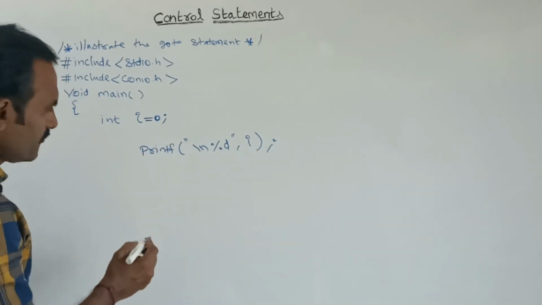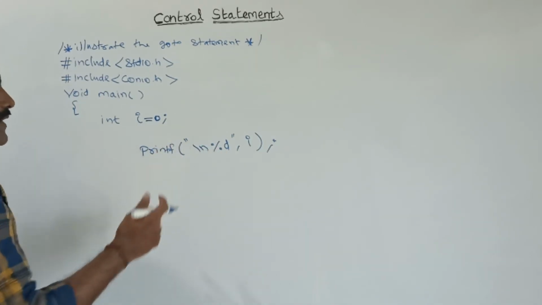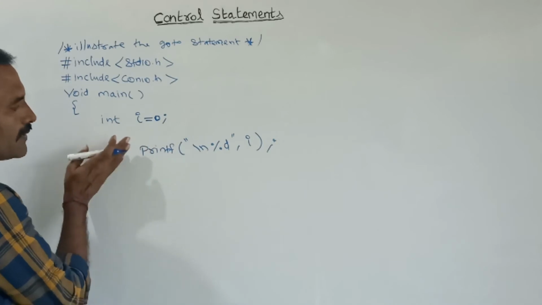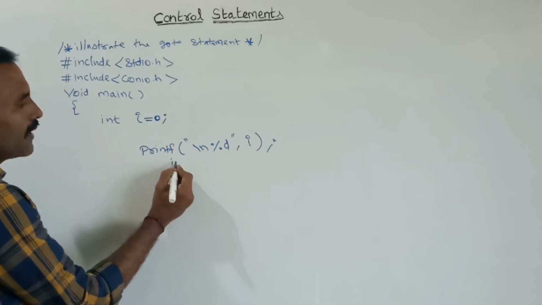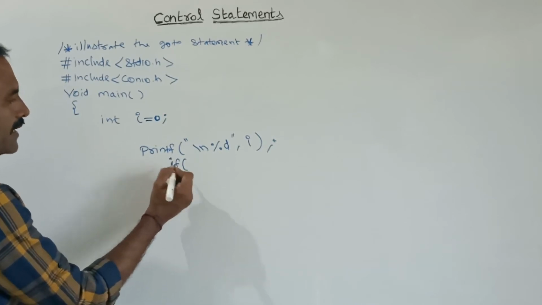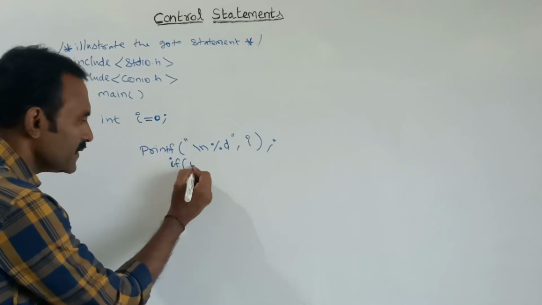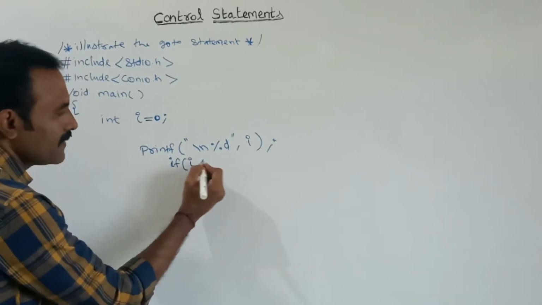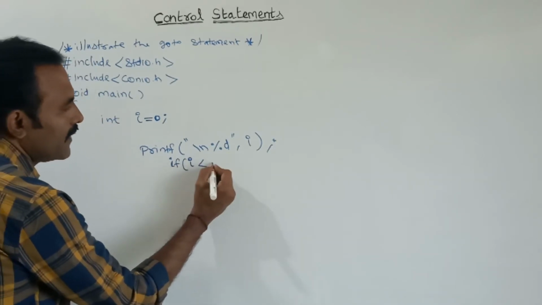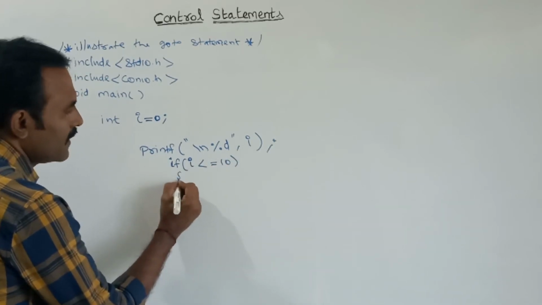Next, after printing the I value, at the next step I am checking the condition by using the if condition. Suppose the I value is lesser than or equal to 10, then